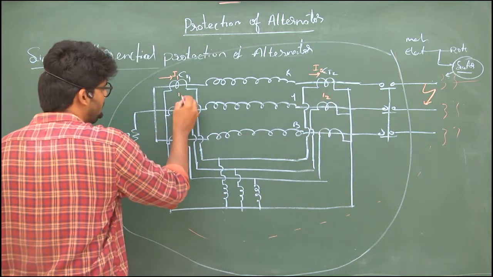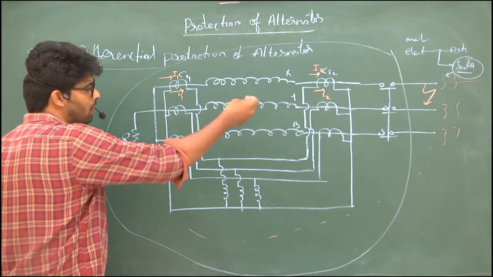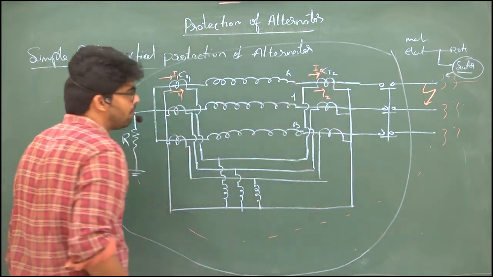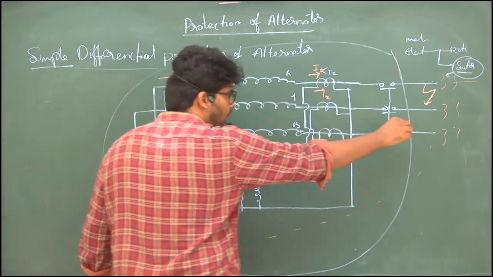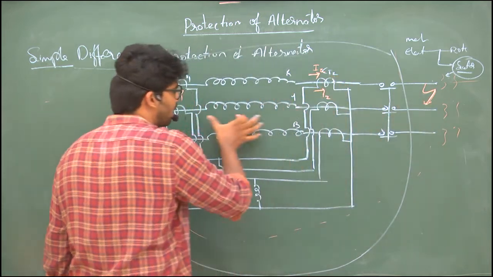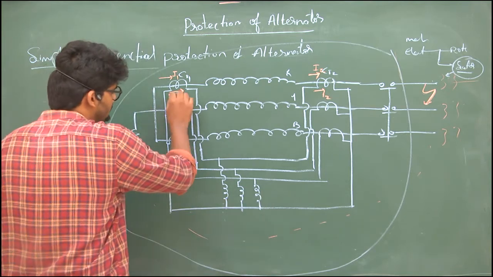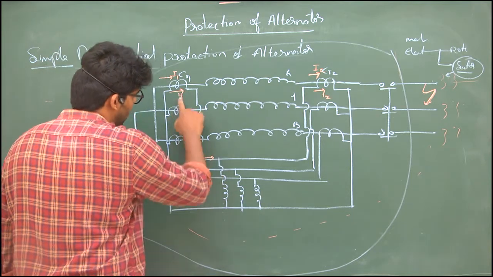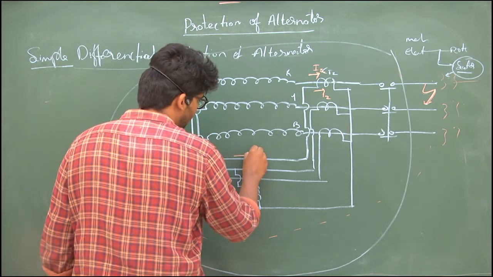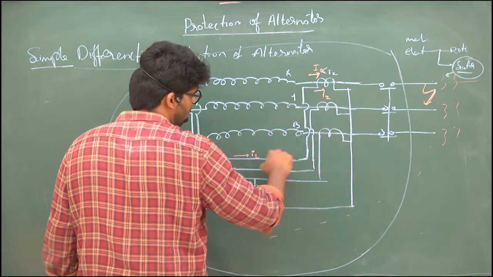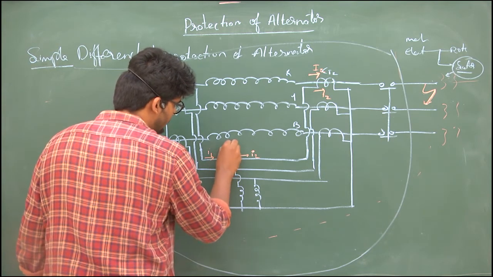So the I1 current and I2 current will flow in this manner, like the supply current, the main current. Now this will be a proportional current. Even though the fault occurs externally and there is a rise of current, there is no impact on the differential relay. Why? Because this current will flow in this direction. For example, this current is I2. If I consider the opposite direction, it will be minus I2.